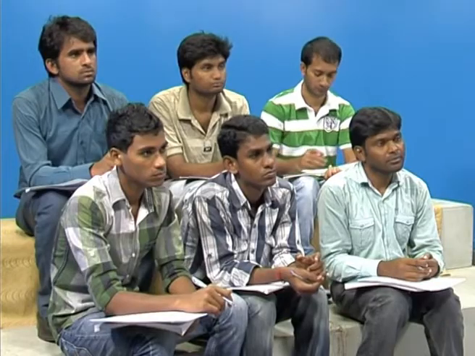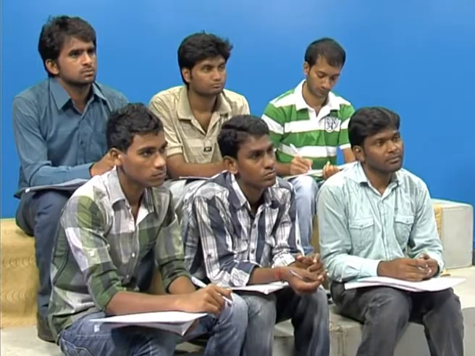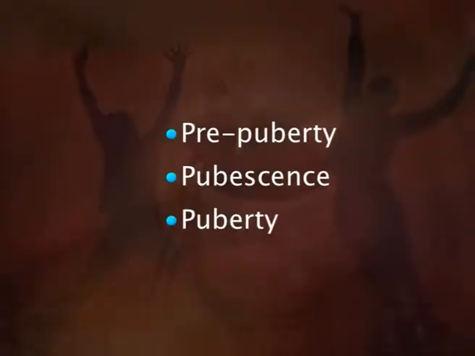The movement into puberty is characterized by the same growth sequence in all individuals, although the rate of growth may vary from individual to individual. So what are the pubertal events? The series of physical changes that the adolescent undergoes stretches across a continuum from pre-puberty to post-puberty, with puberty representing the midpoint. The events of puberty have been divided into three phases. The events are pre-puberty, pubescence, and puberty.